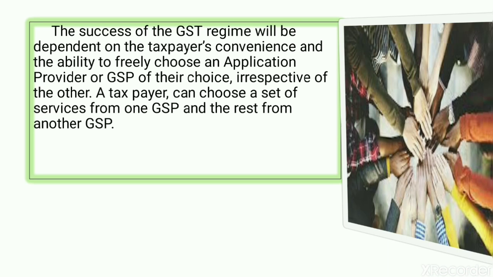The success of the GST regime will depend on the taxpayers' convenience and the ability to freely choose an application provider or GSP of their choice irrespective of the other. A taxpayer can choose a set of services from one GSP and the rest from another GSP. For example, a taxpayer can get GST registration through one GSP or ASP while filing their GST returns through another